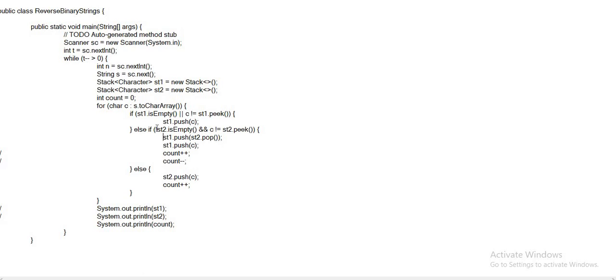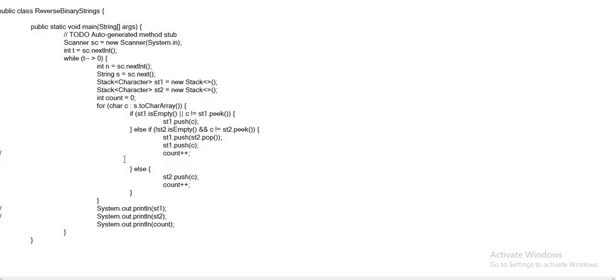But if it is matching with stack 1, then the second thing I do is check if my stack 2 is not empty and the current element of the string is not matching the stack 2's peek value. If so, I pop the stack 2 element, that peek element, add it into stack 1, and finally add back the current element into stack 1. So it would be like 1 0 1 or 0 1 0 in that form.